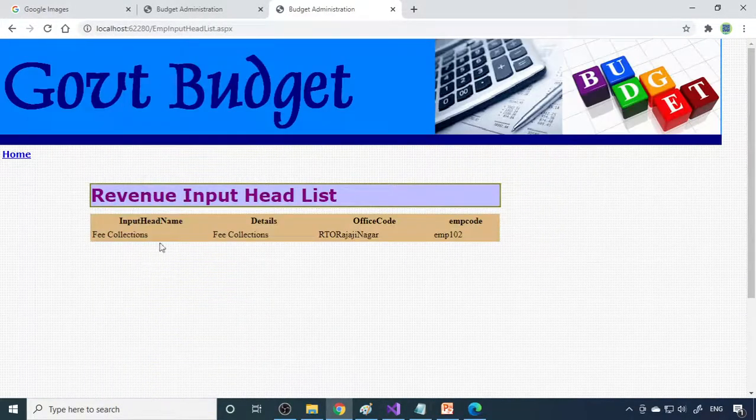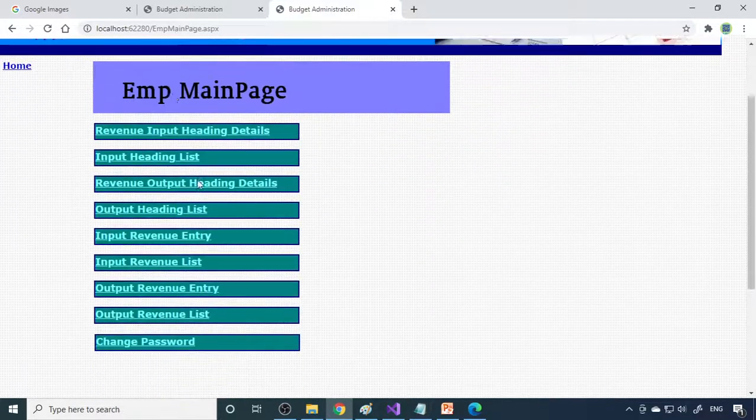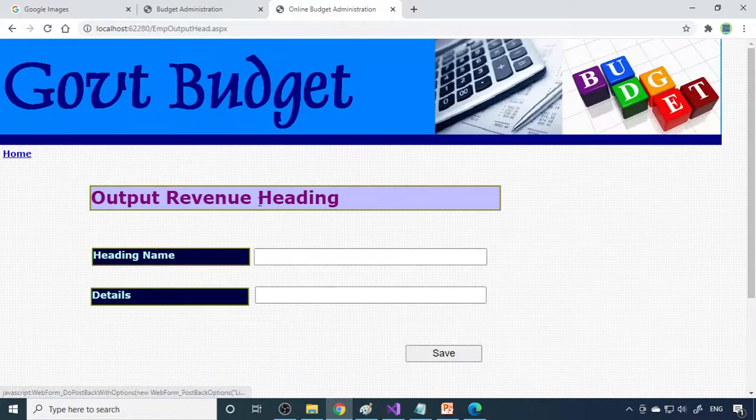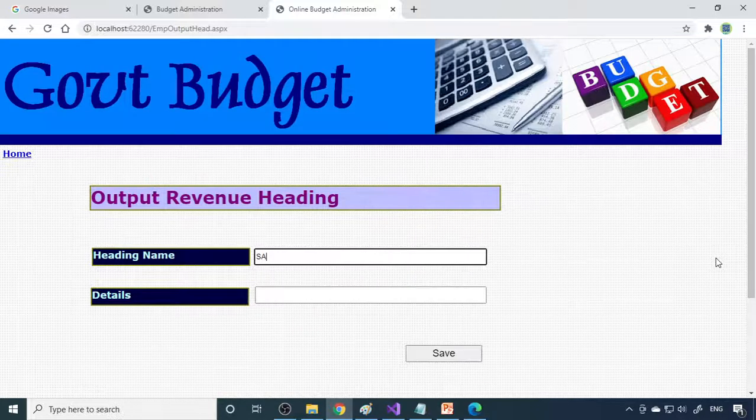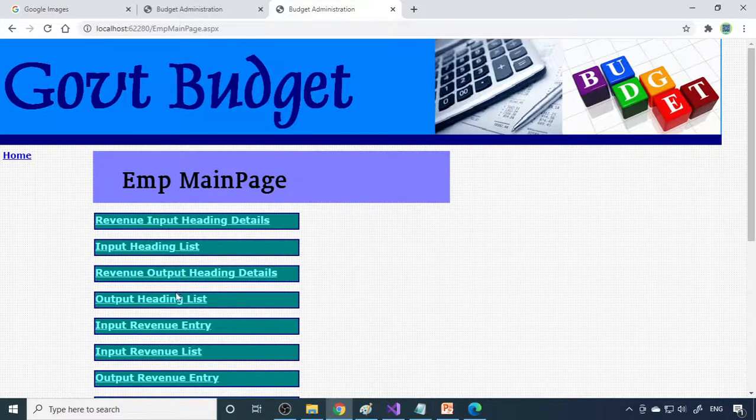Now if I go to the list, one heading is created. Then output expenses. One main one is salary expenses. So what is the total salary expenses for that particular office? They need to enter that, and other than this, they need to create all the other expense headings here.